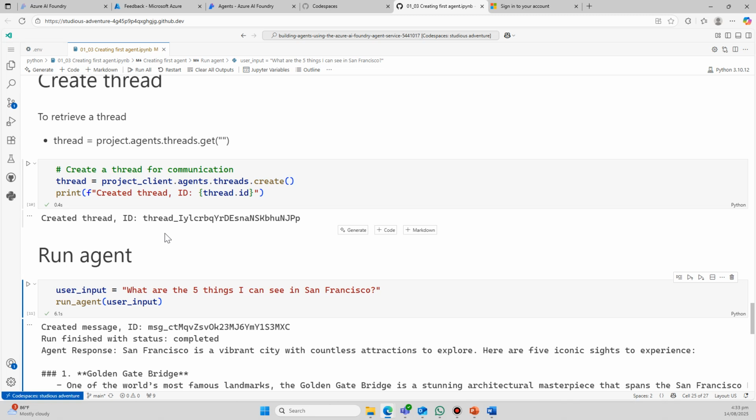So what I'm trying to say here is once you create an agent, whether through code or through the portal, you create it once, and since they're long running, they are never deleted. Every time a user uses it, they will create a new thread, which is a new set of interactions, and that thread is also saved so that if they want to refer back to it in the future, they can do so programmatically as well.